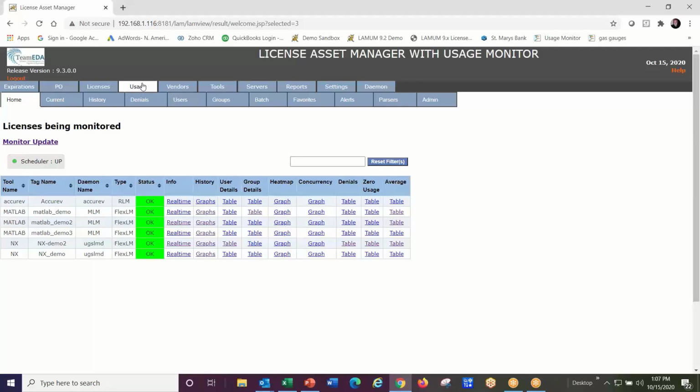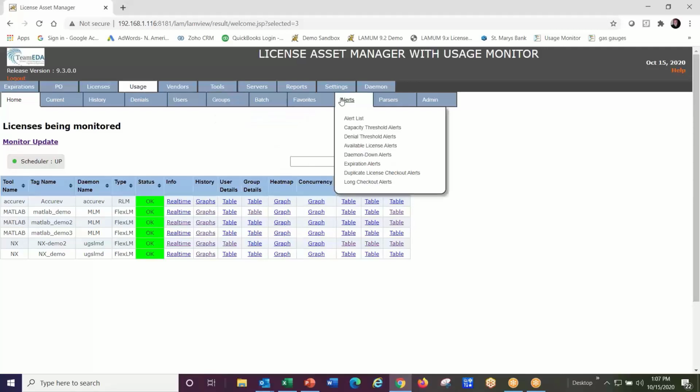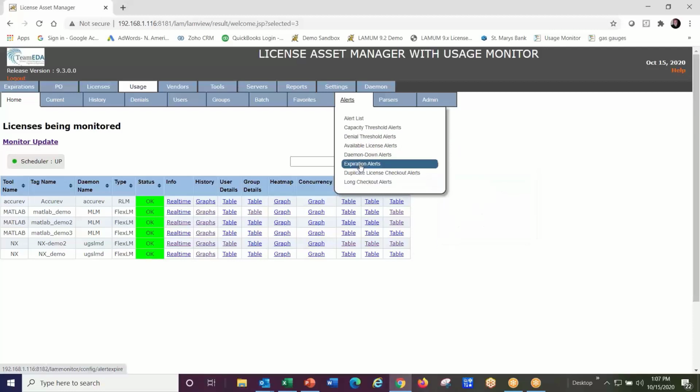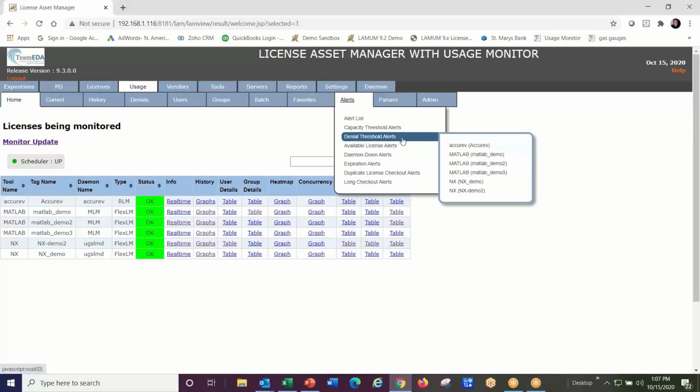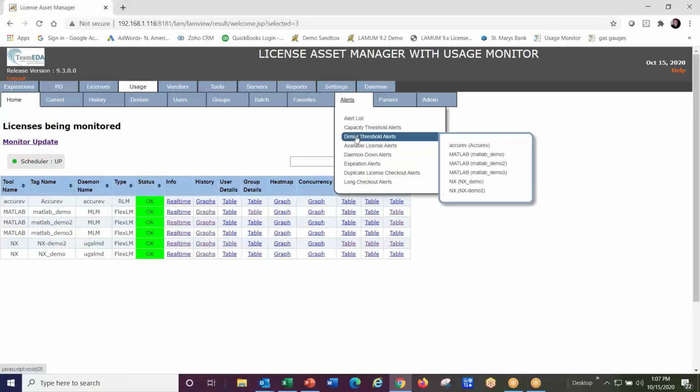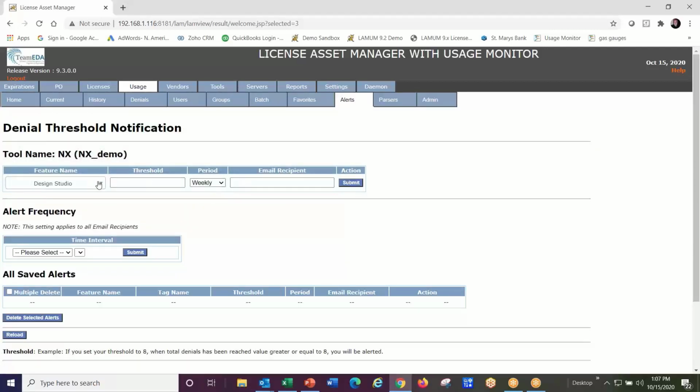So let's go look at the new alerts. Under the alerts tab now, you'll find 2 additional ones: the duplicate license checkout alerts and the denial threshold alerts. Those are the 2 new ones in 9.3. Let's look at the denial threshold alert. You pick a tag and a feature,